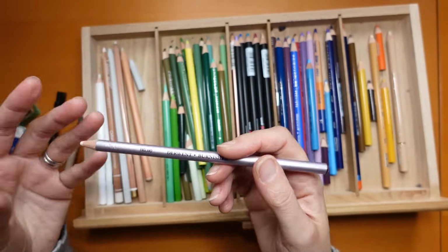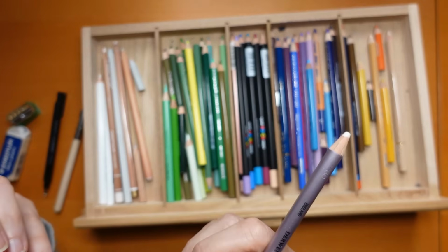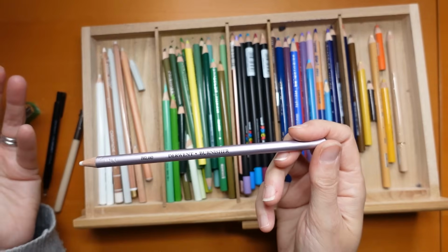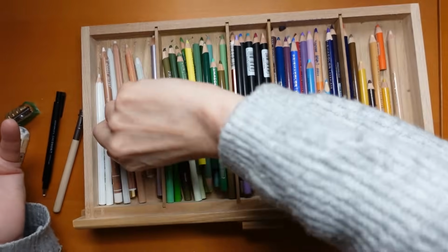It can be quite good if you want something to look really shiny or really intense, but once you've done it you can't colour on top, so I rarely use it, as you can see from the length. However,